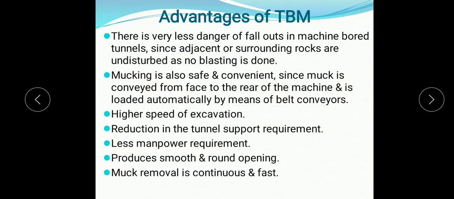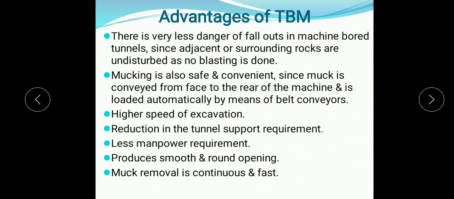So the advantages of TBMs are there is very less danger of fallouts in machine bored tunnels, since adjacent or surrounding rocks are undisturbed as no blasting is done. In conventional methods, the holes are drilled and filled with a blasting material, and after that blasting is carried out.